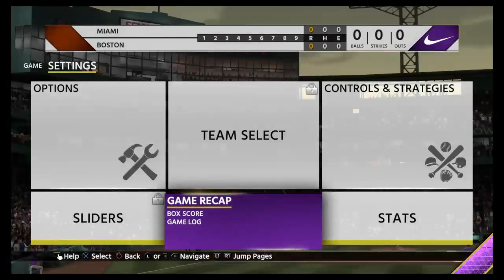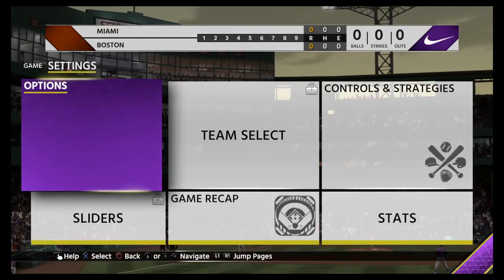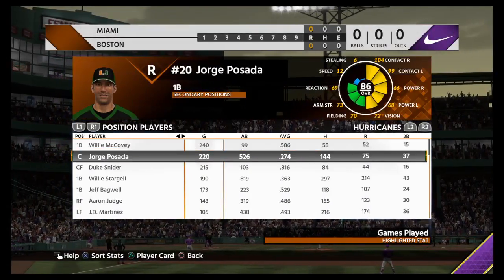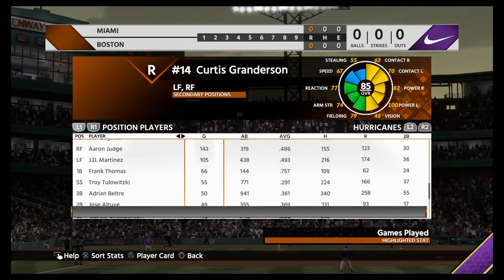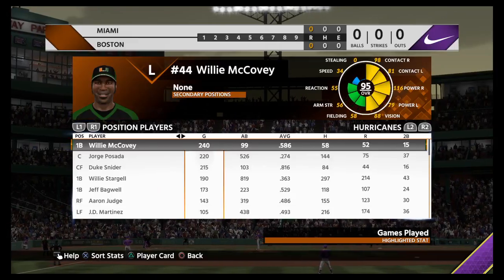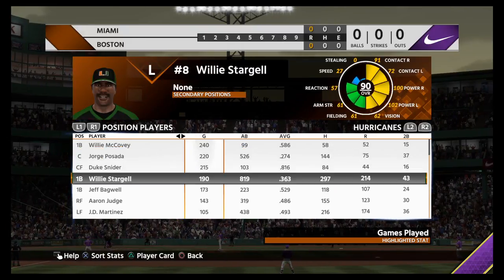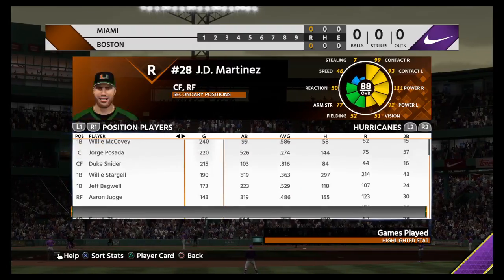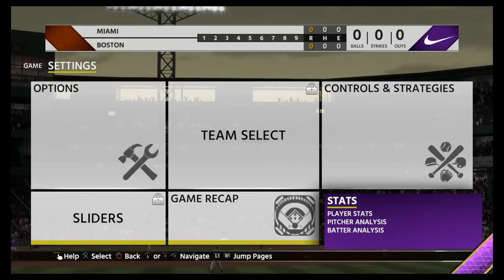No, you can't. What the fuck? I want to see his team. Oh, here we go. I can see he has Frank Thomas, Johnny Bench. No, dude, what the fuck? He's got the 95 Bagwell, and then 95 McCovey, and Frank Thomas all on his bench. But other than that, and Johnny Bench. But other than that, it's...